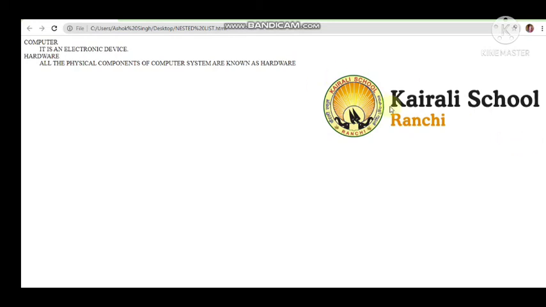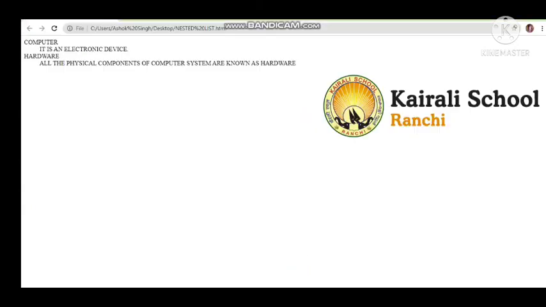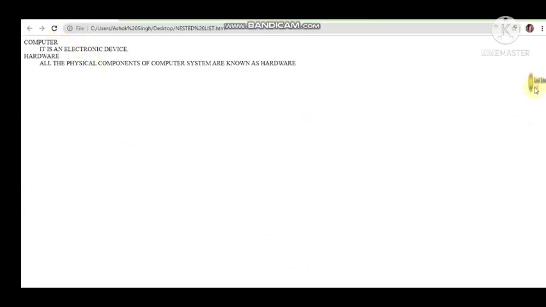Another thing, if you want to change the height and width, so we can use height and width attribute also. Here only we can give height, HEIGHT, height. Suppose I want it to be 50 points, 50. Spelling of height, okay, height is 50, and I want the width also to be 50. Width equals to 50. So now see, the image will be in a square form. Can you see? Straight.